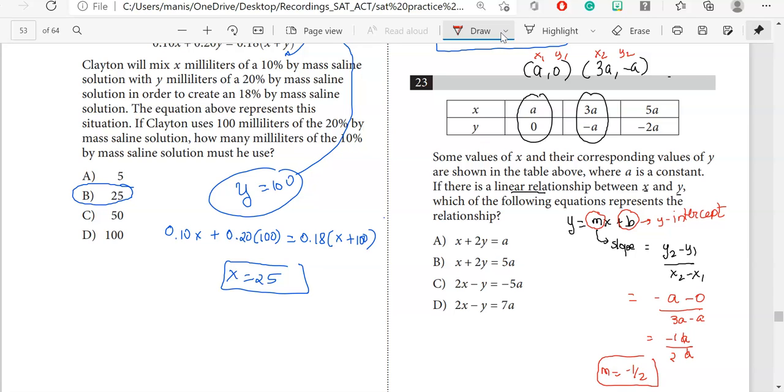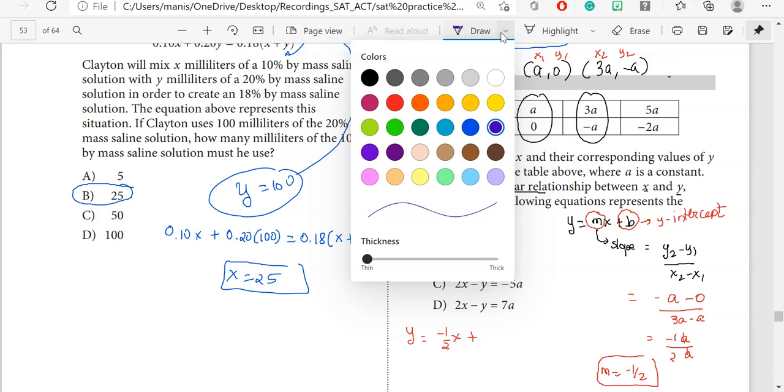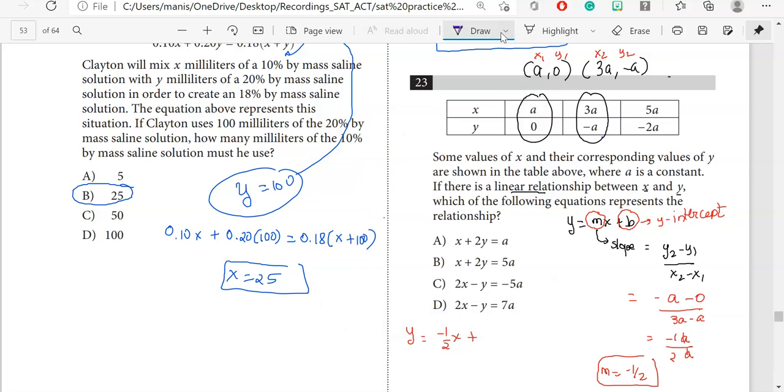Okay, so I will rewrite over here. Y is equal to m, m is my negative 1/2 x plus b. So what is your b? Okay, so let's find the value of b. Now definition says the value of y when x is 0, but there is no x 0 over here. So in that situation, you remember you learned all this in your high school earlier. What you do is you plug in or substitute